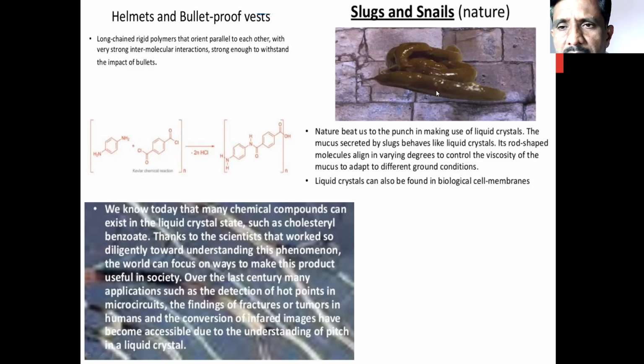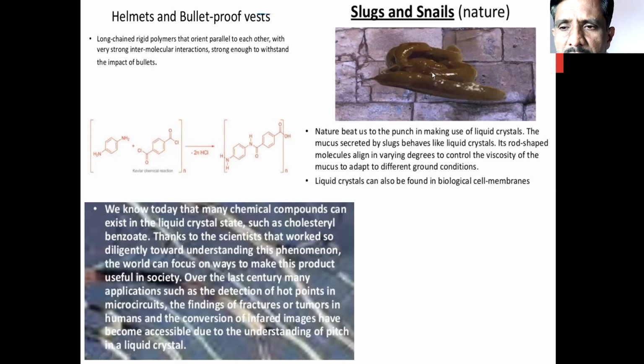Now, in this last slide, very important: snails, gogalgai, as we say in Marathi. If you observe, this is a picture of a snail. The snail has somewhat of a mucus, a liquid, secreted around it. This liquid is secreted by slugs or snails around their body, and that particular liquid acts as a liquid crystal for that snail or slug. This is called a nature-made liquid crystal.